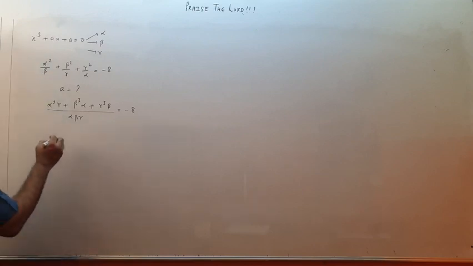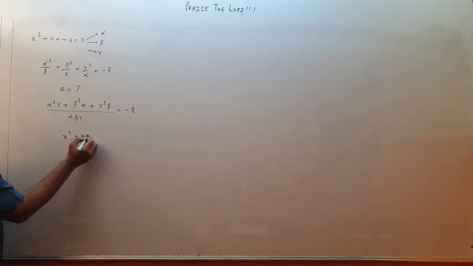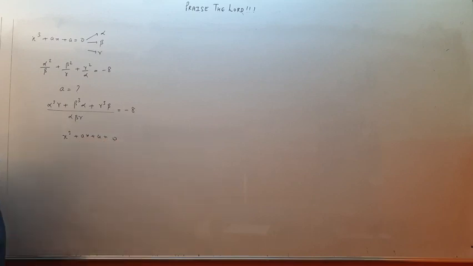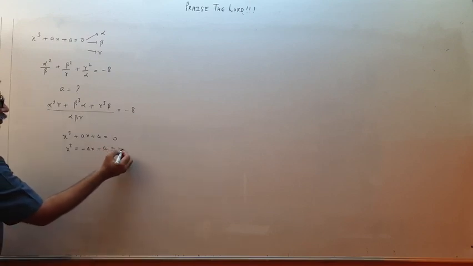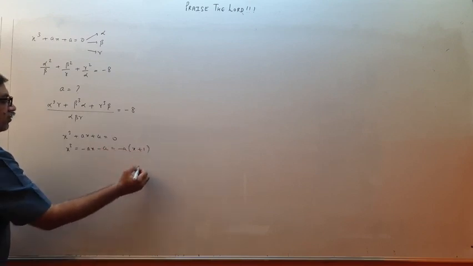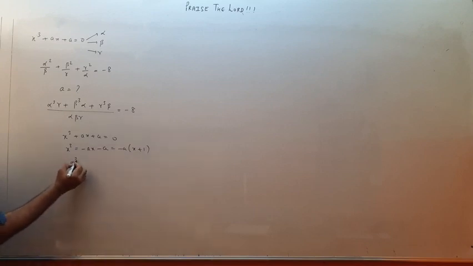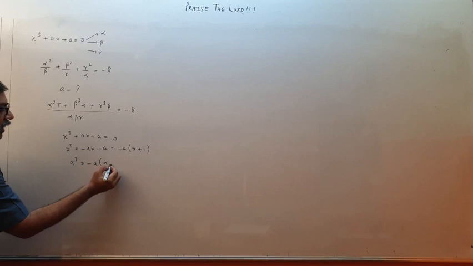Look at this equation. So x cube plus ax plus a is 0, that is given to me. So x cube can be written as minus ax minus a, and that will be minus a into x plus 1. So alpha cube will be minus a into alpha plus 1.